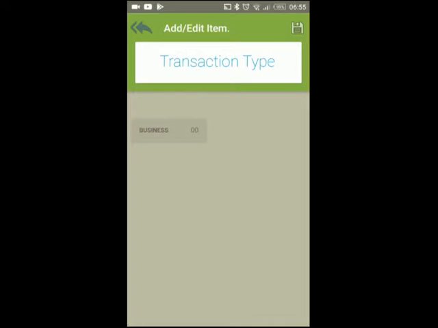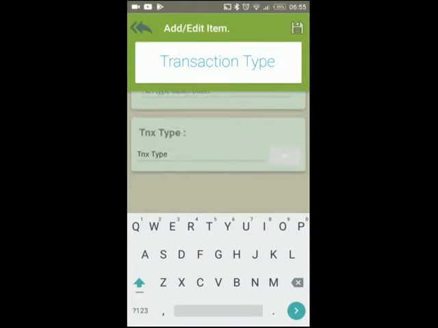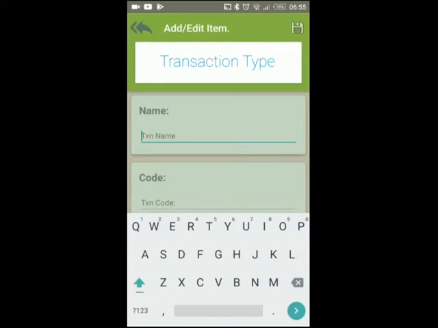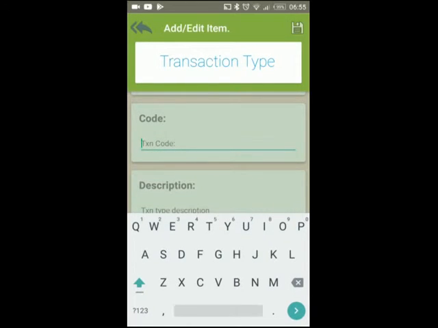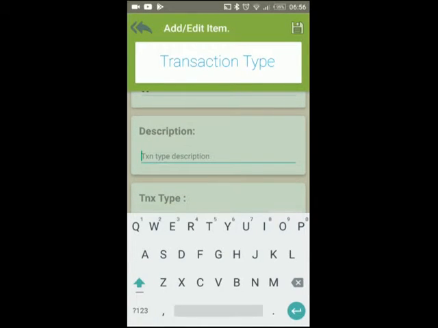This is a different site, but we are going to show you how this business transaction was assigned. So basically just swipe on an empty area from right to left and you get this form. You enter the transaction name. For example, the way that other one was done, here you enter business as the name, and then we put a code here like 00, and then you have to put a description. Just say here transactions